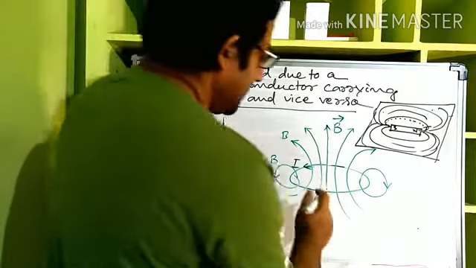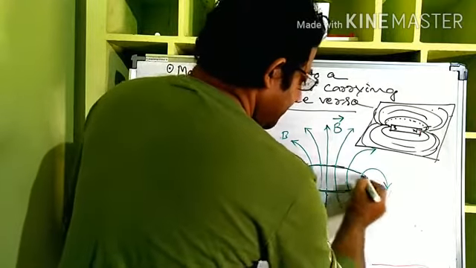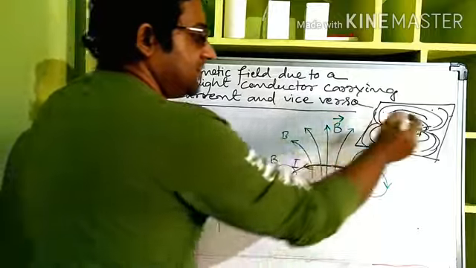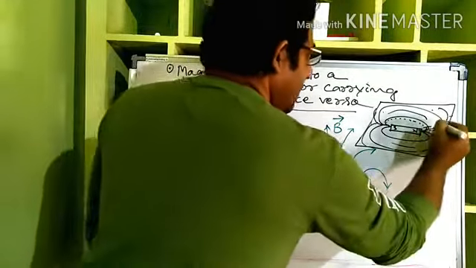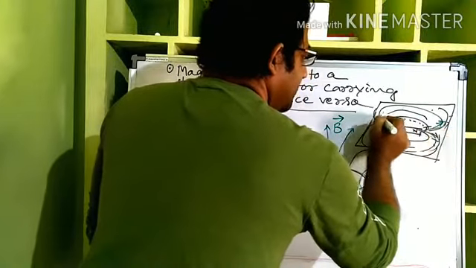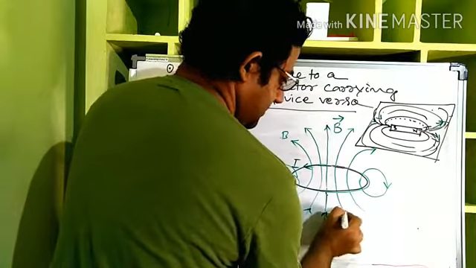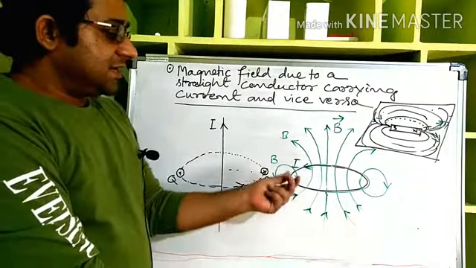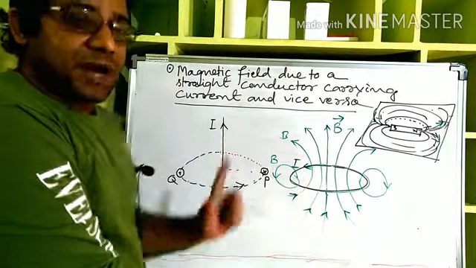Now see here also, this is the current flowing, right? Now these field lines, if you see, are this kind of thing. So going out, and these are coming in. So these kinds of patterns are coming. So we can see that a current carrying loop is similar to a bar magnet.